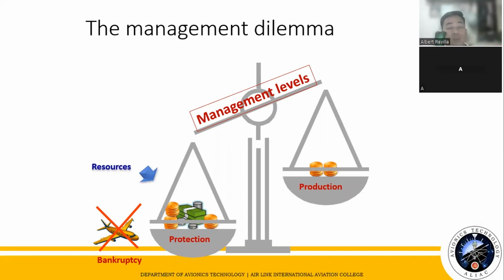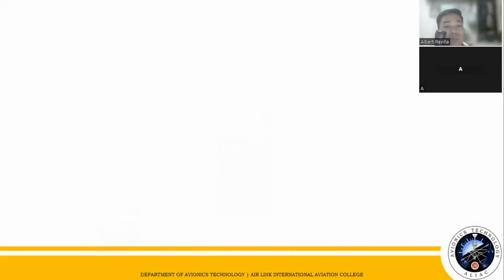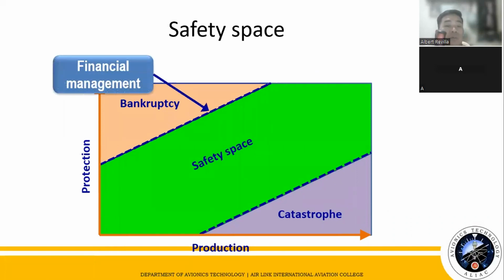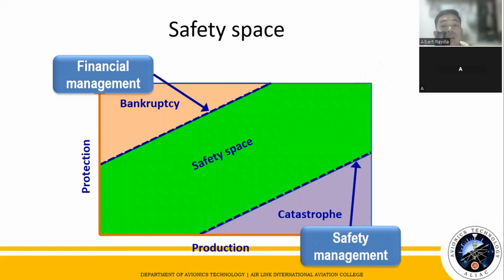Na dapat yung production and your protection will always be balanced. So we have here the safety space of the production and protection. Okay. So between the safety space and the bankruptcy, there's the financial management, and between the safety space and the catastrophe is safety management. So all in all,